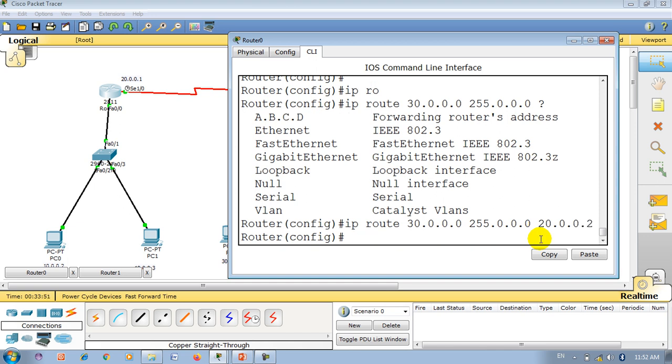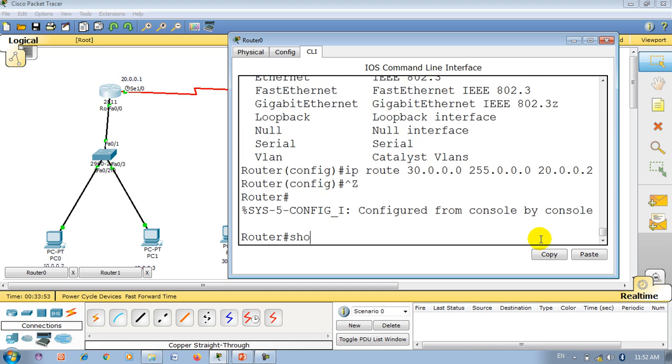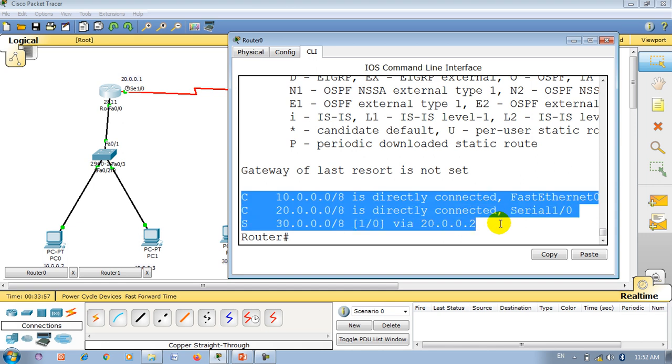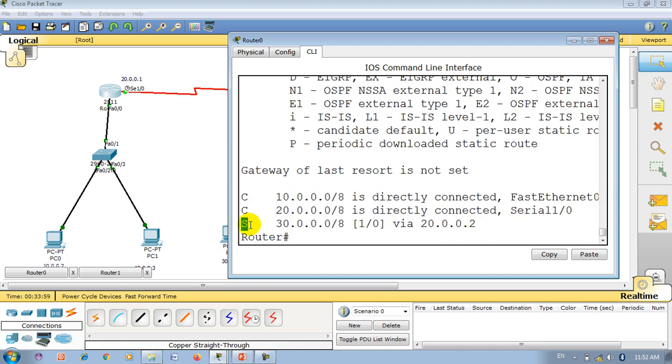Now press Ctrl Z and show ip route. Now you can see this one. The new route is added with S. S represents that it's added as a static route. So this route is added as a static route via 20.0.0.2.